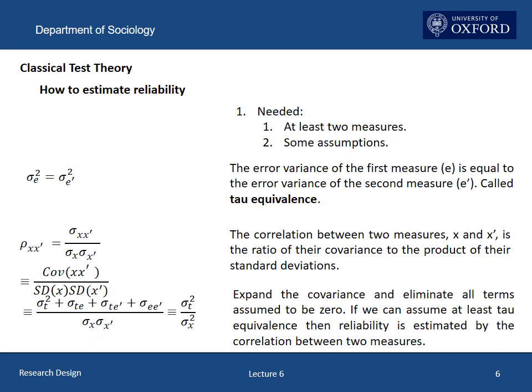The answer is yes, as long as we have at least two observed measures of the underlying trait we are interested in, and we are prepared to make some more assumptions. Now, at this point, at least some of my audience will feel inclined to reject anything that relies on making assumptions. This, however, is a mistake. To make progress in any empirical investigation, we're going to have to make some assumptions. The search for assumptionless empirical results is self-defeating. We cannot literally pull ourselves up by our own bootstraps, and we are always going to have to assume something.